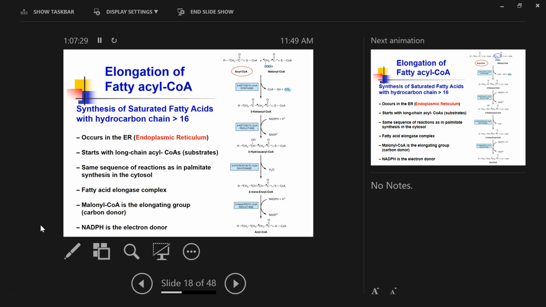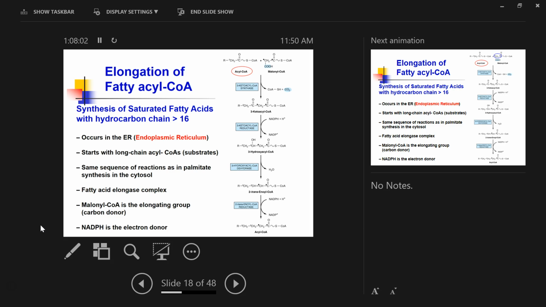For example, 18 or 20 carbons, and what our body usually does is the elongation of a fatty acyl-CoA, right? The process is pretty similar to what we just described in fatty acid synthesis, also going in cycles, depending on how many carbons need to be added, and